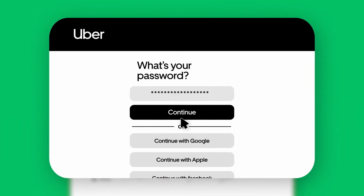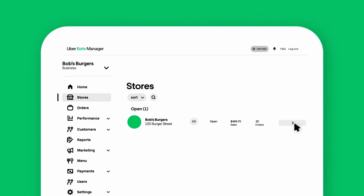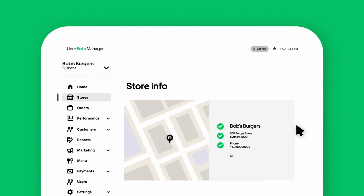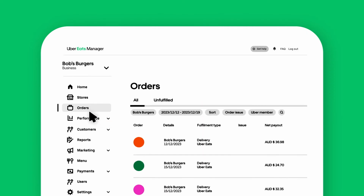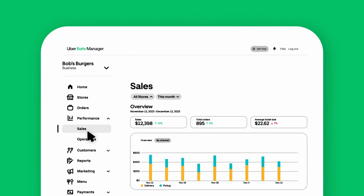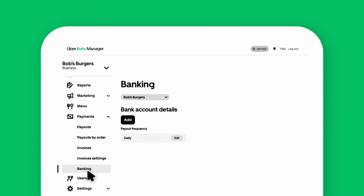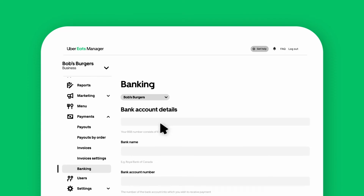Once the account has been created, you're ready to set up your online store. Make sure to review the stores and menu sections, ensuring that all information is correct. The orders and performance sections provide you with powerful insights into your sales and operational performance, while helping understand your customers better. Don't forget to add your bank details in the Payments tab to ensure you receive your payouts once